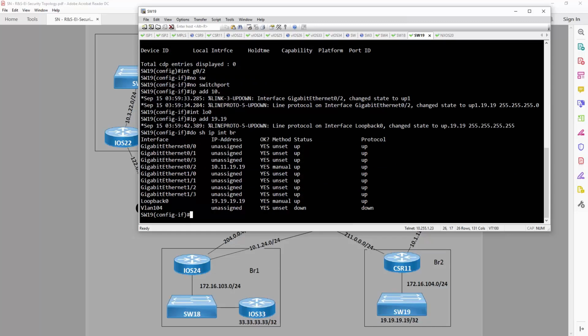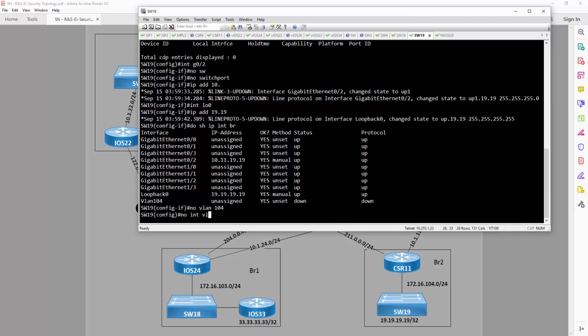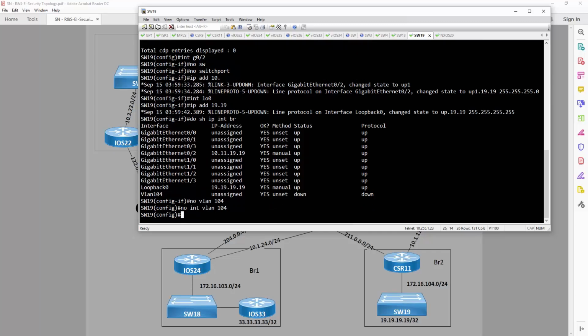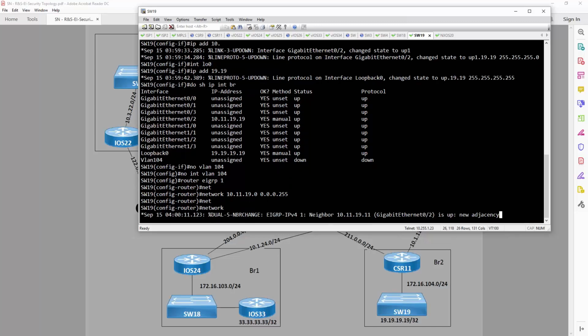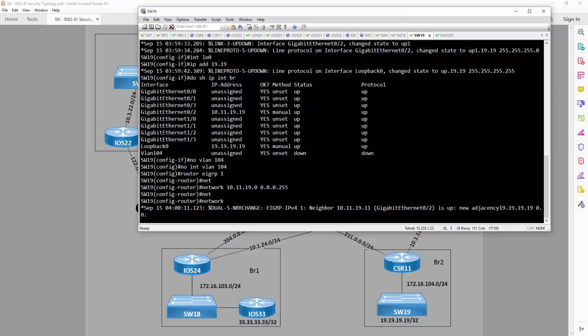We'll type in no VLAN 104, no interface VLAN 104, and then router EIGRP 1, network of 10.11.19.0, and network of 19.19.19.19, 0.0.0.0,